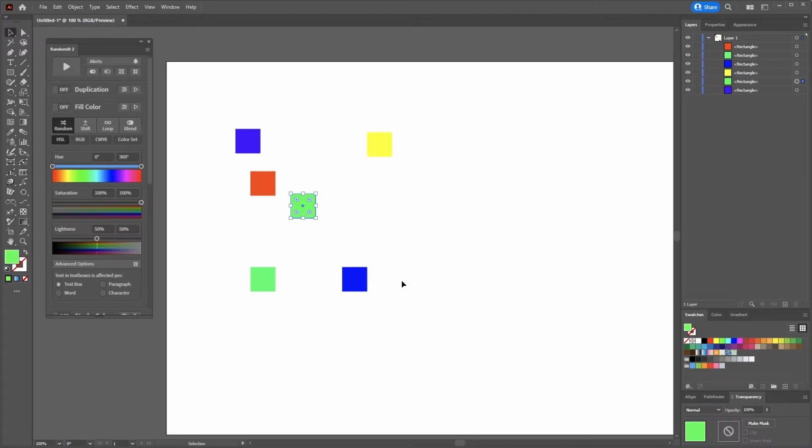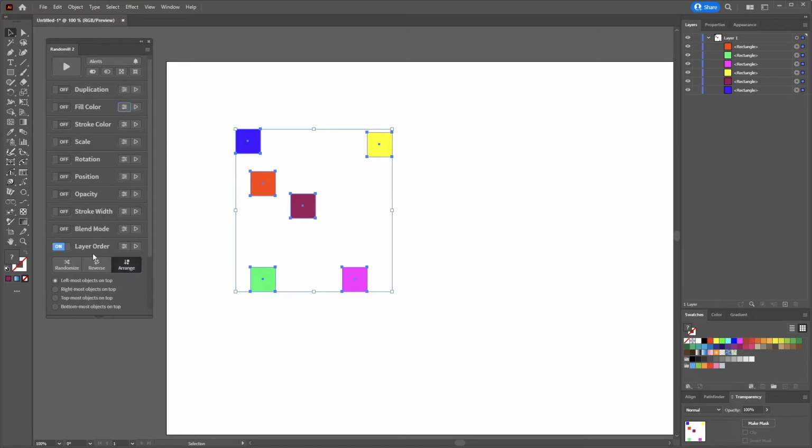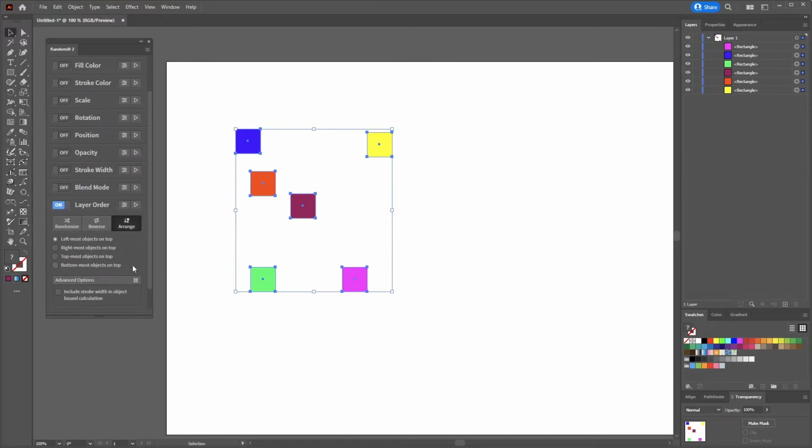Make that one yellow. This one like pink. This one purple, sure. Okay, so we're going to go in, we're going to randomize layer order so they're not in any particular order. And then to demonstrate what this arrange mode does,